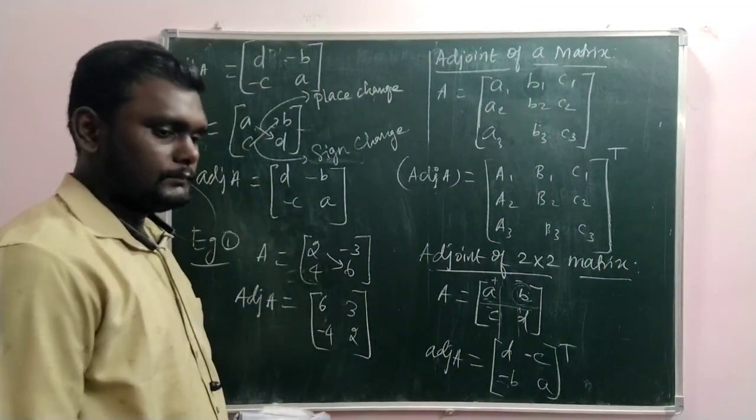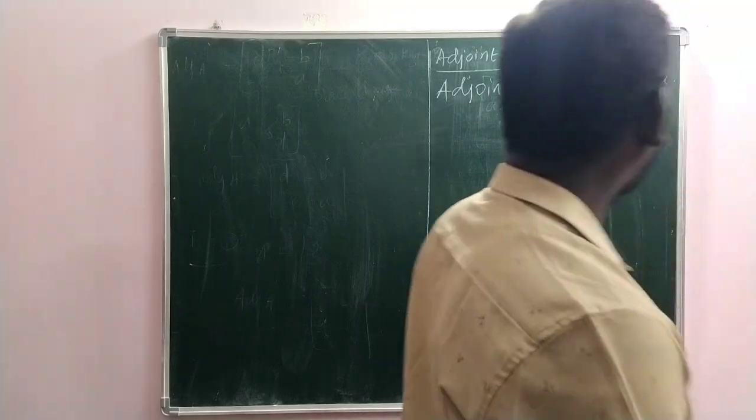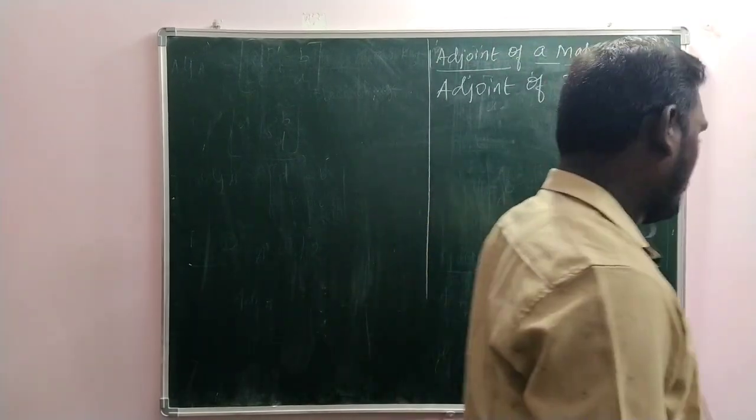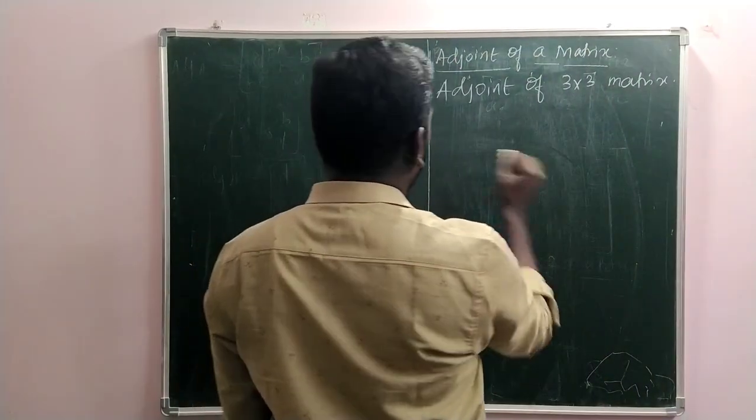Clear? Adjoint of a 3 by 3 matrix. The concept we already discussed. We'll go with an example. So we are going to find the adjoint of